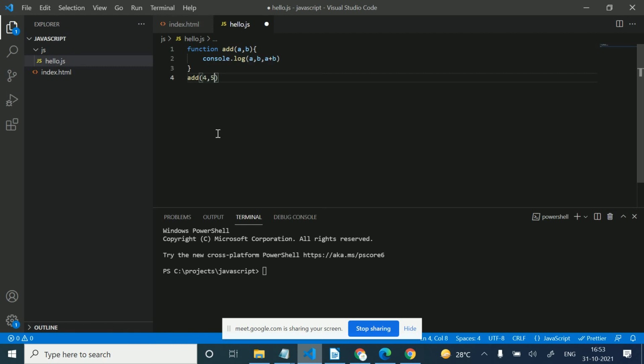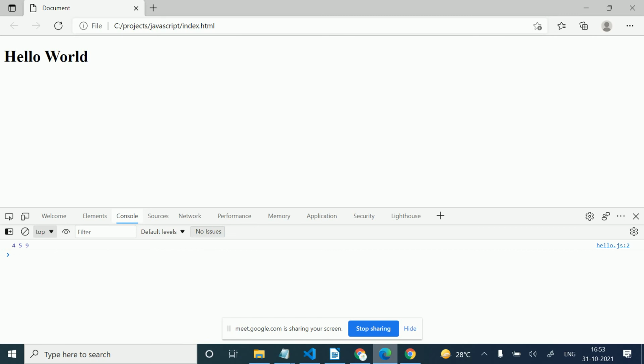I have created a function, and in this function I'm passing a as 4 and b as 5. In the console I will get 4, 5, and the addition of 4 and 5. Now I'm going to refresh here. Now we are getting 4, 5, and the addition 9. In this way we can get it.